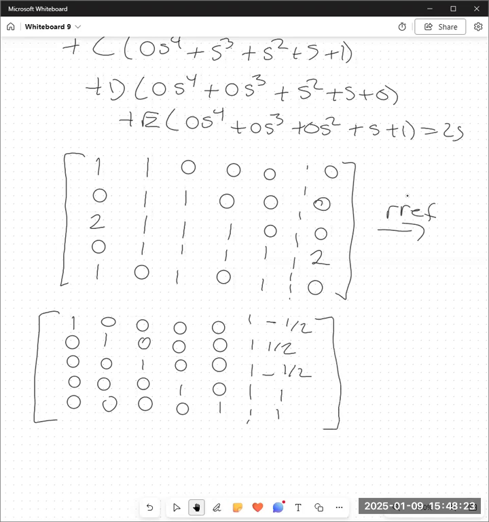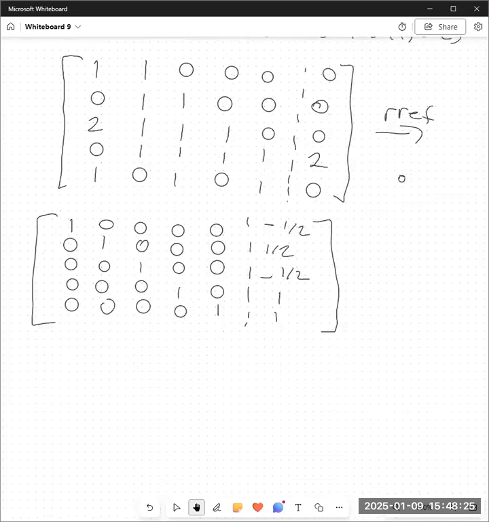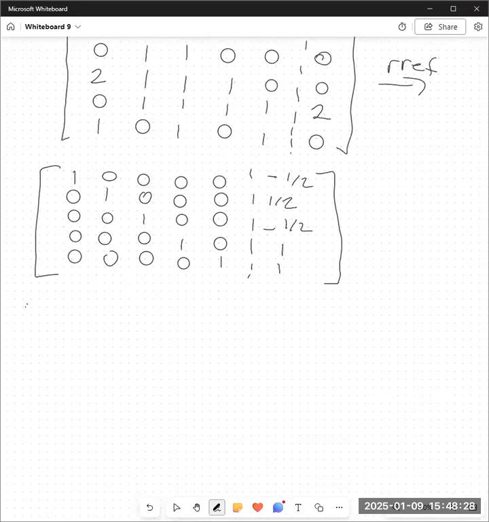So that turns into my capital Y of S is equal to